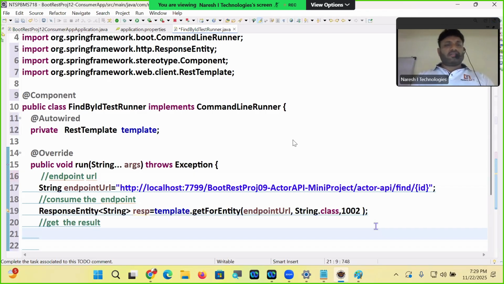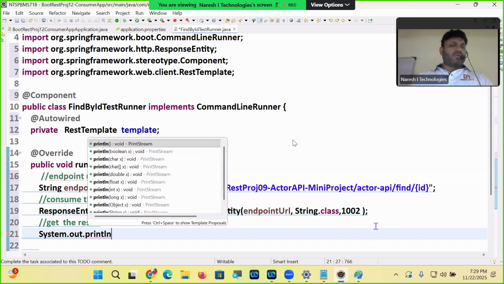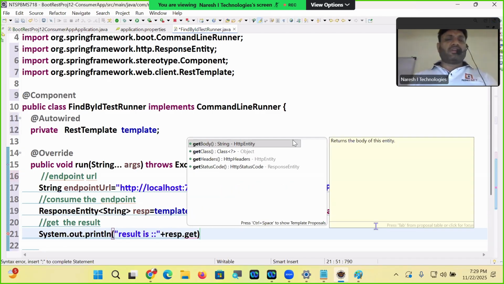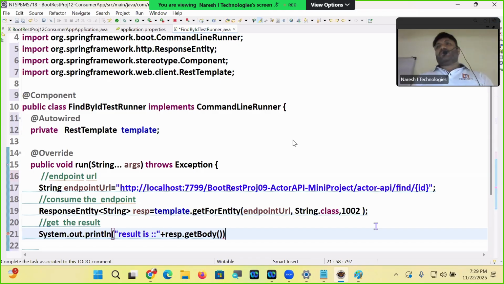Get the result. System.out.println. What is there, guys? Result is response.getBody(), or only JSON content will come, guys. Come on. Okay, otherwise what I do is